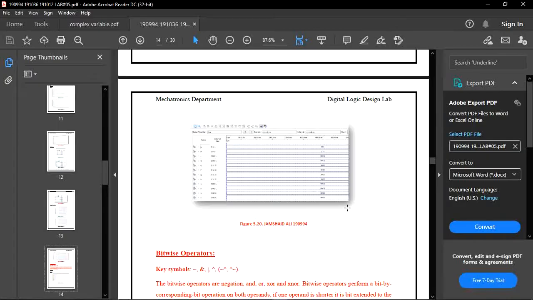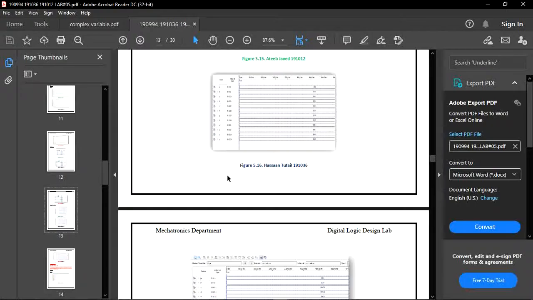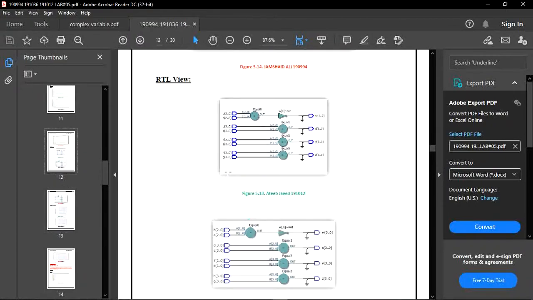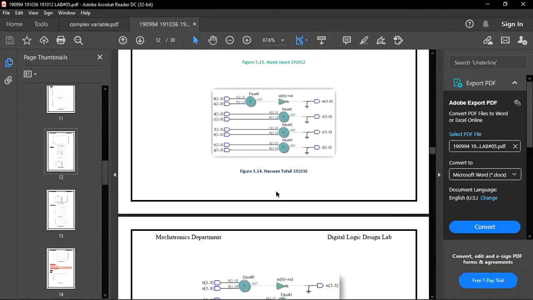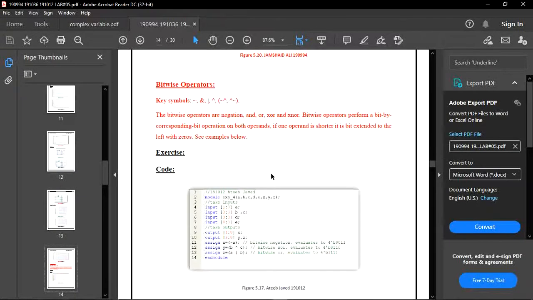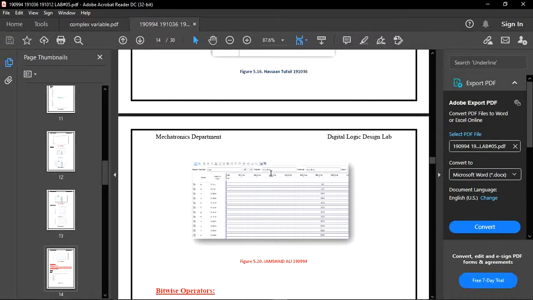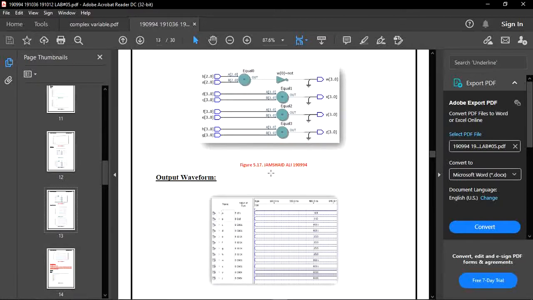Now you can see there is one unknown in the output as well. So we can easily check by inputting our required inputs, and we can get our required outputs. So these are all our equality operators.